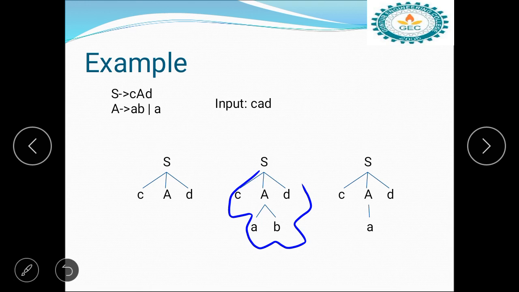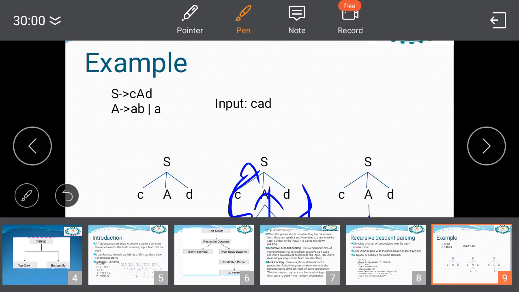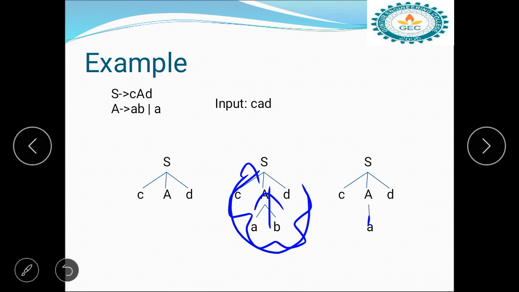Given input is CAD, but applying A tends to AB, we get CABD. So applying backtracking and replacing A with small a, we get CAD. So this is the given input, and the string is accepted.